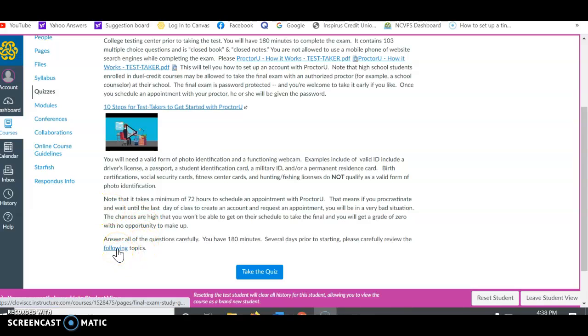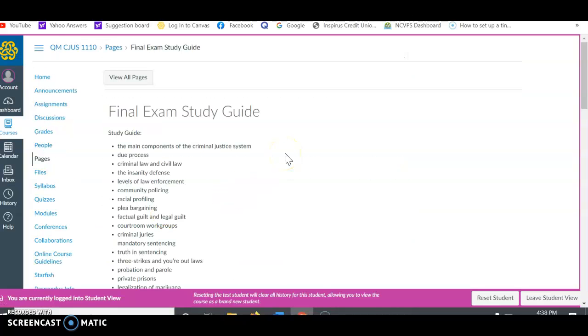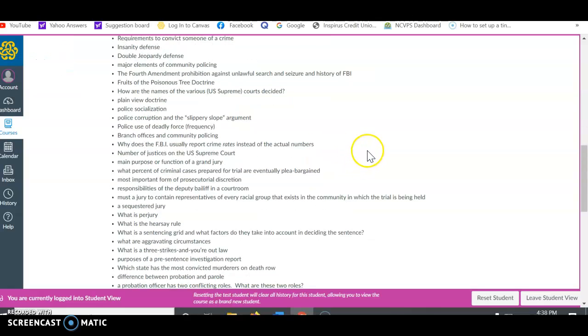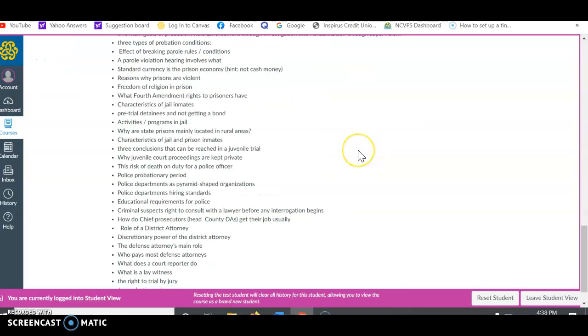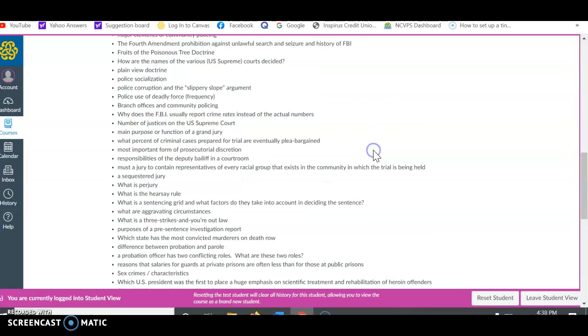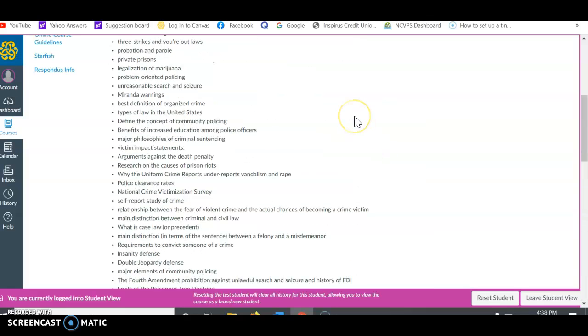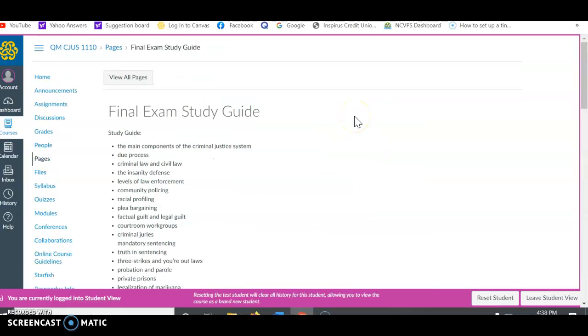It says several days prior to taking the final, you should review the following topics. So this is the study guide. It tells you basically what you're supposed to be focusing on within the chapters in the book, and all of the answers to the quiz can be found in the book. So if you're reading the book, you should do well. There's only one exam, formal multiple choice